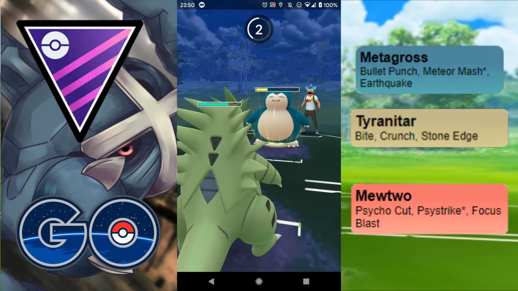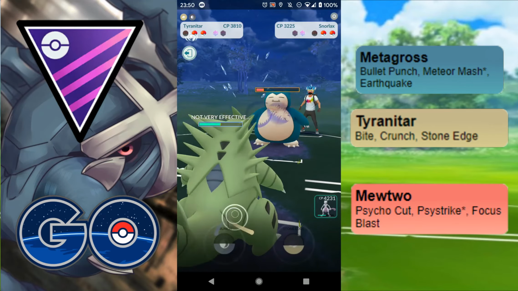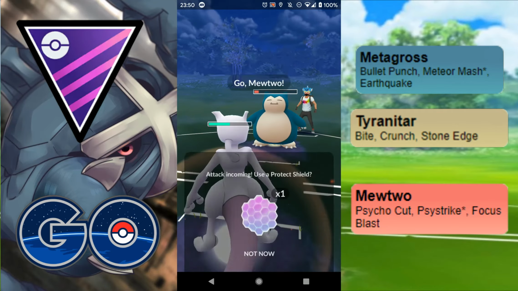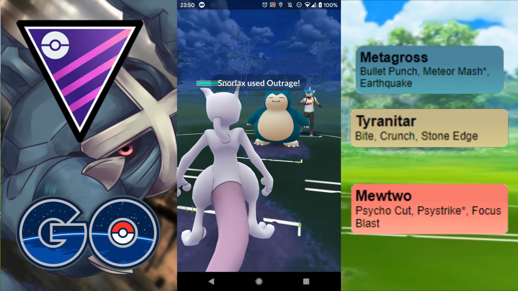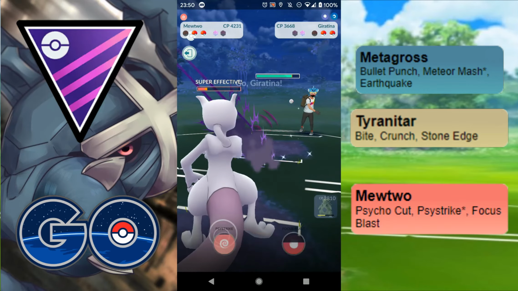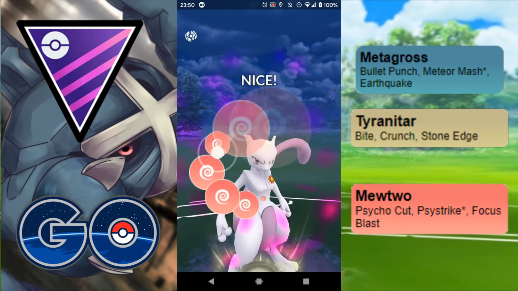So I'm going to let this one go. Let's see what it is. It is the Body Slam. Happy days. That's absolutely amazing. So now what I want to do is try and catch a charge move. And yes, able to catch it on the Mewtwo. No shield here. Mewtwo's dead weight at this point. So let's hope it's... Oh, and it's an Outrage. And they undercharged it by a lot. So that works out really nicely for me. So no energy left on the...